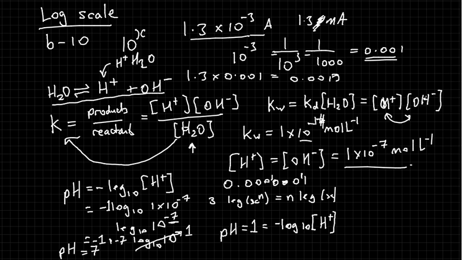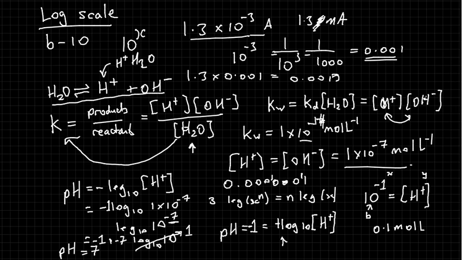So we multiply both sides by negative 1, and we can rearrange it into the form 10 to the negative 1 is equal to the concentration of H plus. This is the form of the log: this here is the base B, this is our X value, and this is our Y value. We've just undone that rearrangement, and we can see that this is 0.1